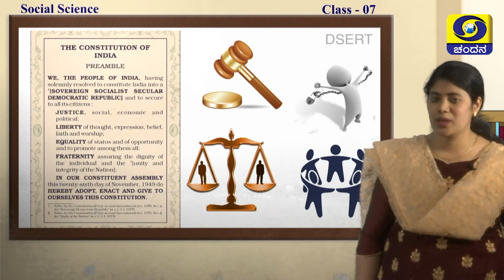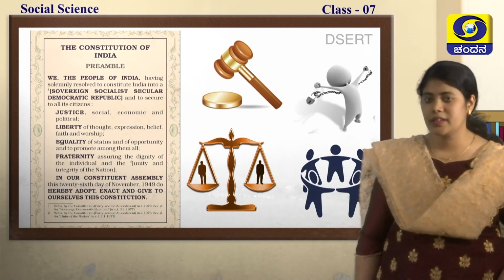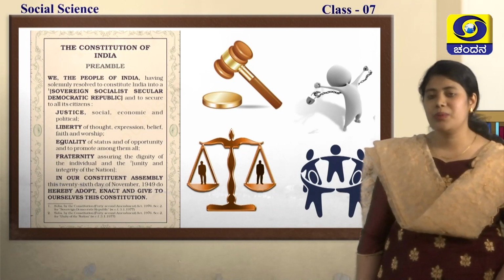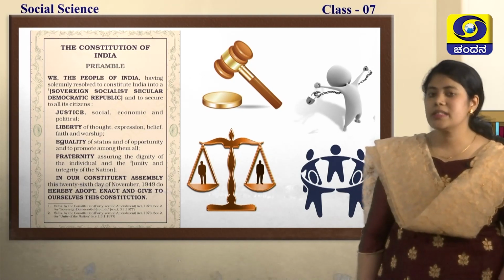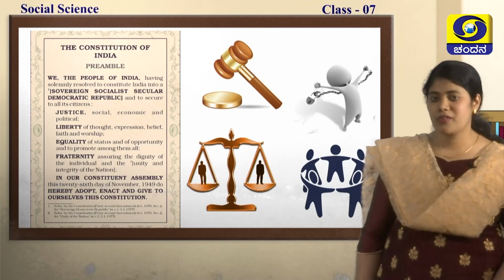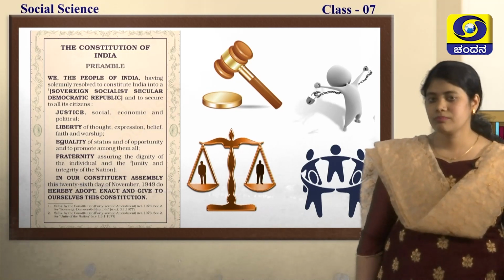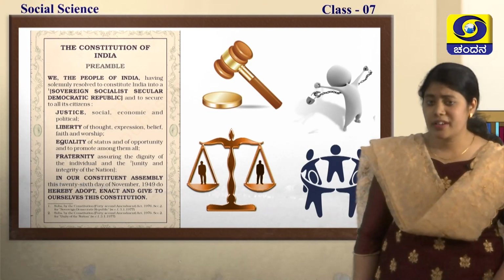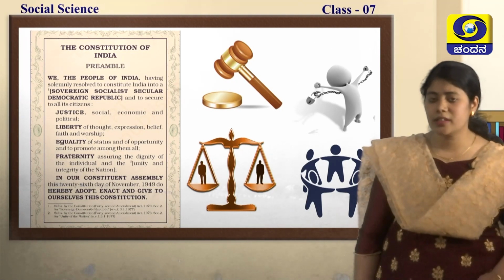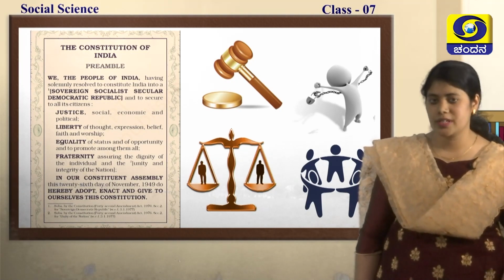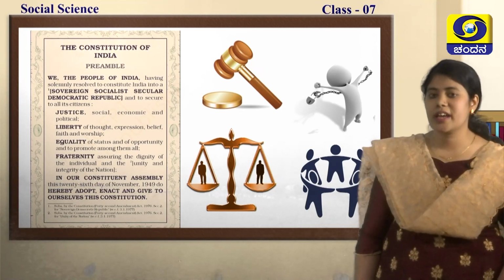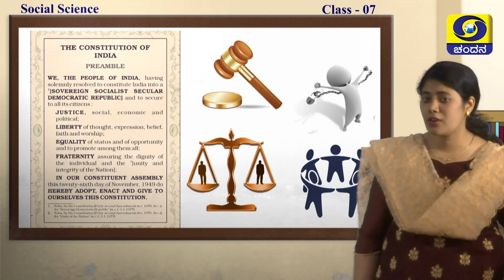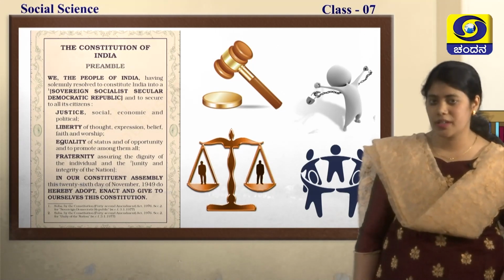So, it is clear with the preamble, dear students. Preamble is the introductory to the constitution, okay. It starts with the phrase, "We the people of India," and it has several terms like sovereign. What do you mean by sovereign, students? Sovereign is nothing but, see, our country is independent. It is not in clutches of any other external powers or countries, okay. So, it states that our country India is an independent country. It is not under the control of any other country, okay, colonial power.